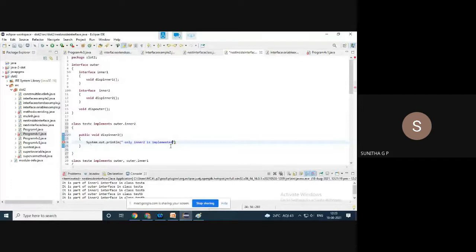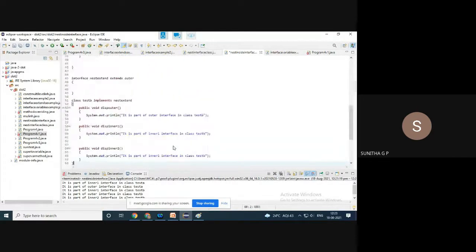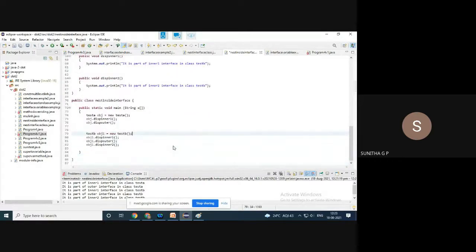Okay, so this I have taken. I'll comment only the required thing and we'll check this. This one is not required because I have used this in a different manner. So now what we have to do, test C object is to be created, right? So object 1 is equal to new test C. That is the class created. And we have to call object 1 inner 2 this function.